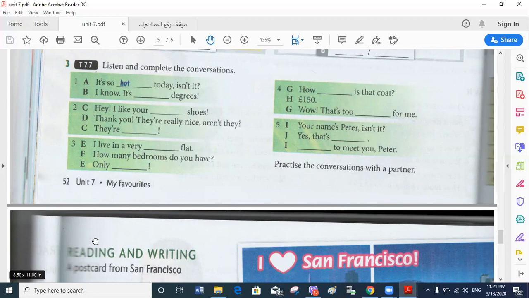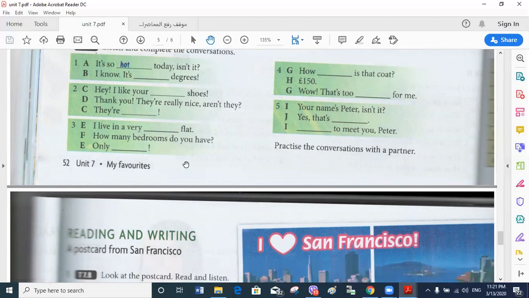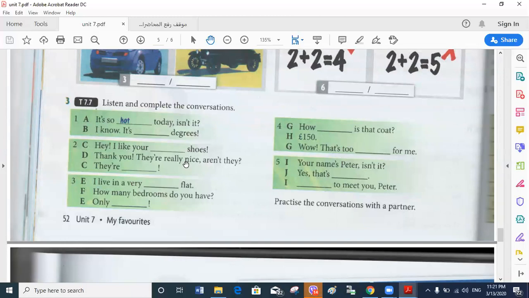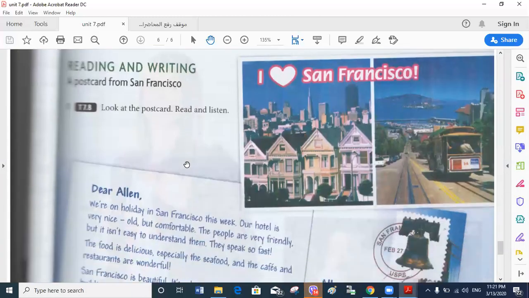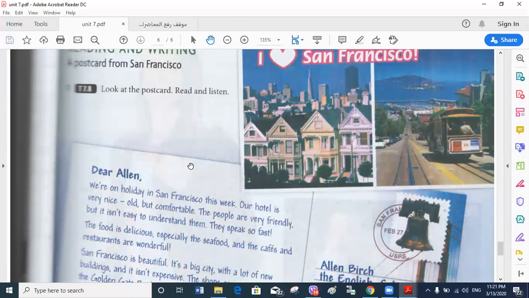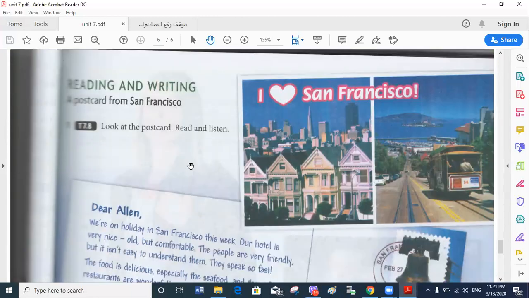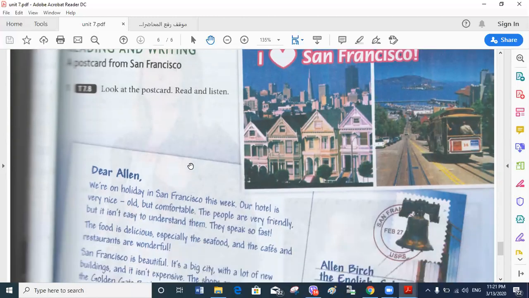Sorry, here we are, back again. So you can complete these questions also. For the last page in Unit 7,